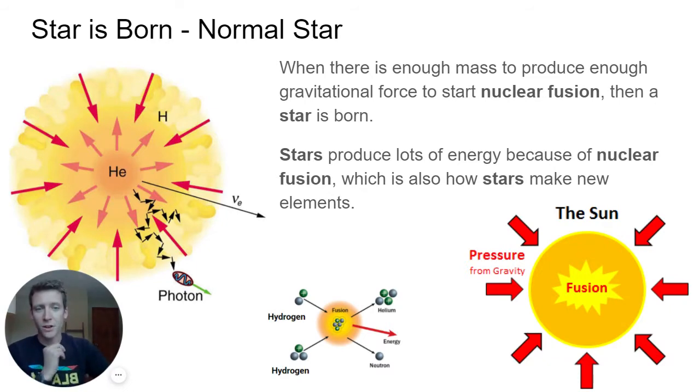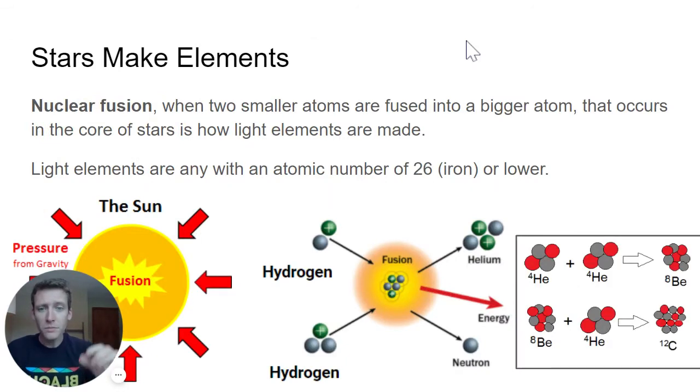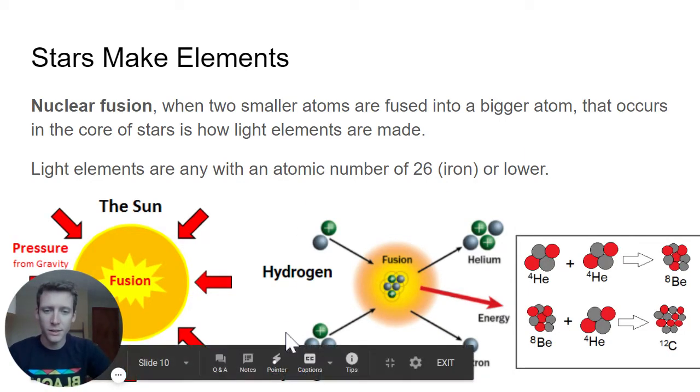So this nuclear fusion is caused by the pressure of that gravity pulling in on itself. That gravity is so strong that those things in the center are just getting squished and forced together in fusion, which is where the word fusion comes from. They fuse together. Nuclear fusion is when 2 smaller elements literally fuse together into one. Just like you see in this diagram down here.